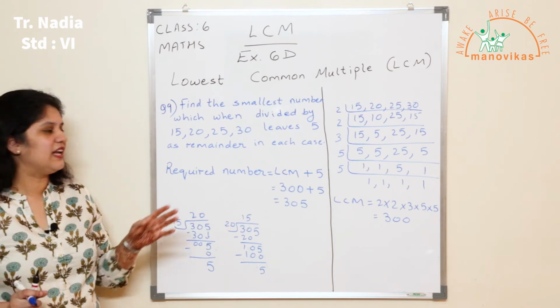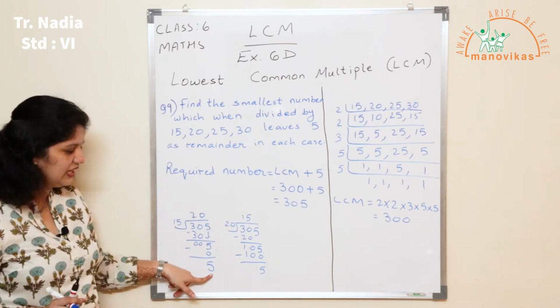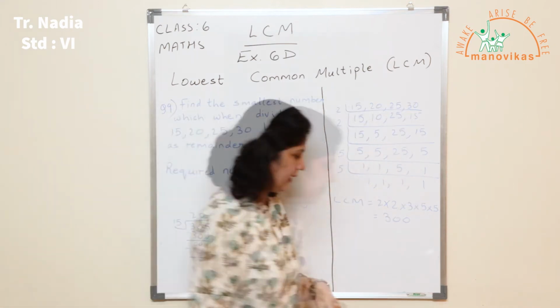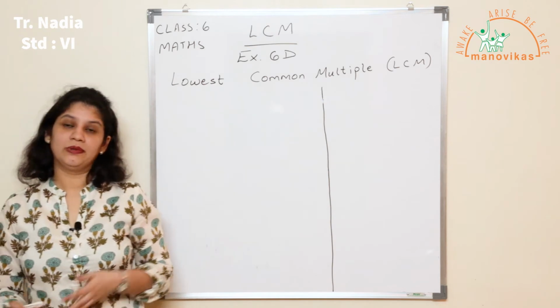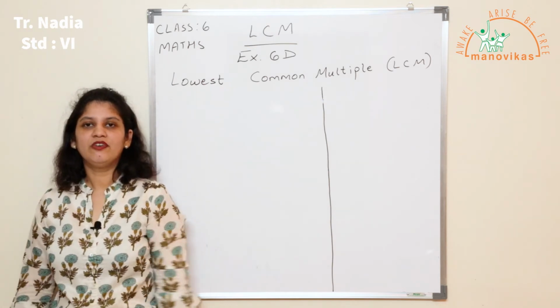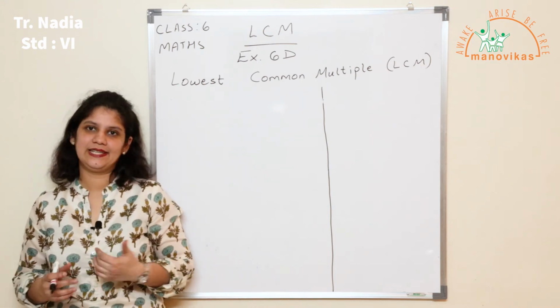So 305 is the number that can be divided by each of these numbers, leaving a remainder of 5 in each case. Okay, now we'll go to the two word problems, the two application-based problems, 10 and 11. But before that, I would just like to give you all a small example of where LCM can be used